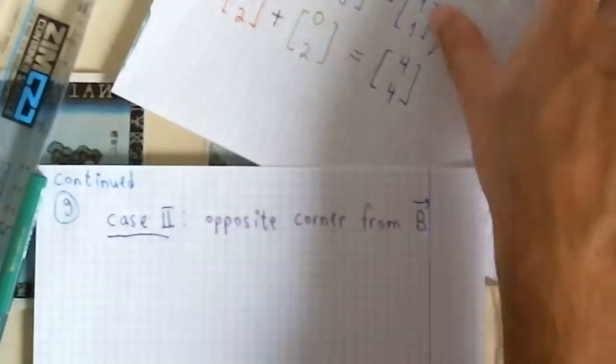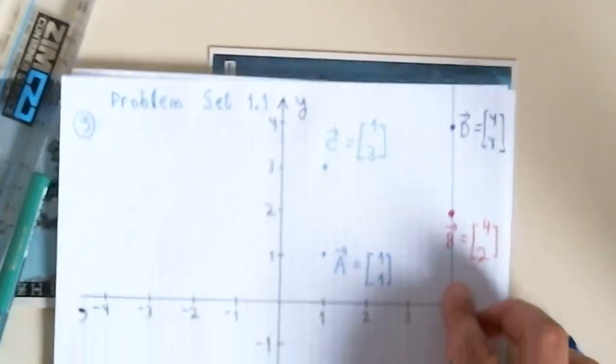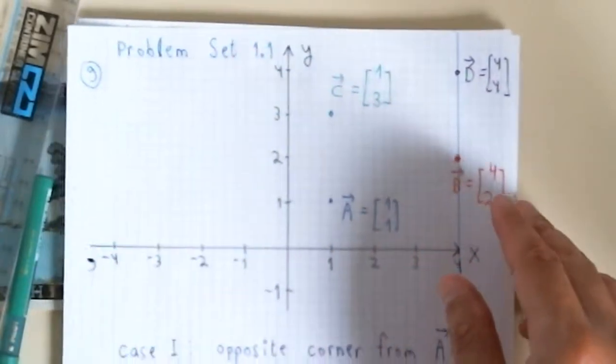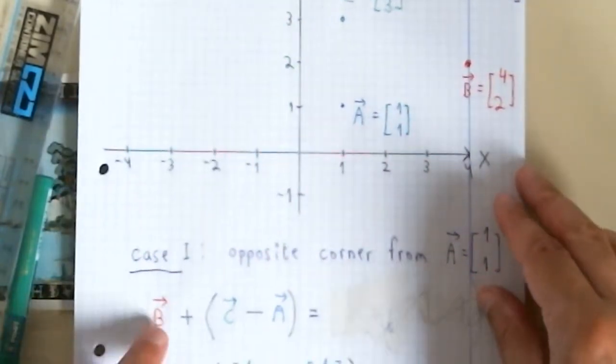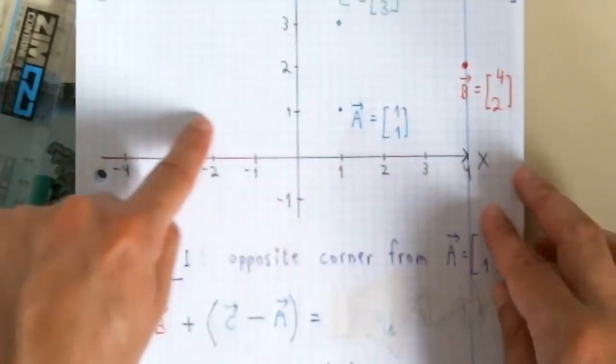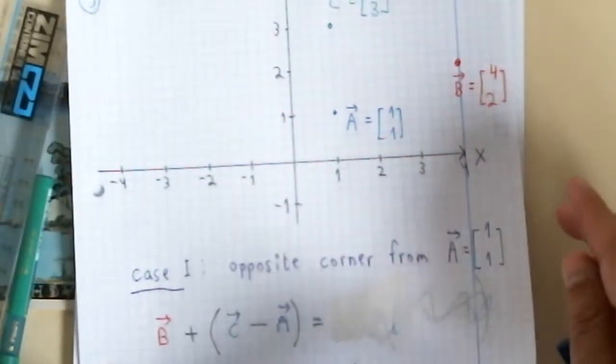So let's write it down. We have to go to A, so we are writing A, like we started before. We started from B, now we are starting from A and going along C minus B. Okay, so we are writing A plus